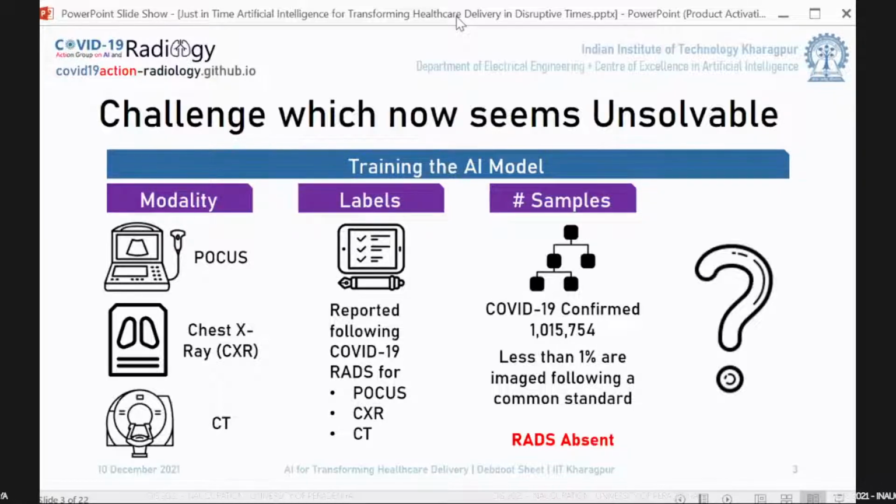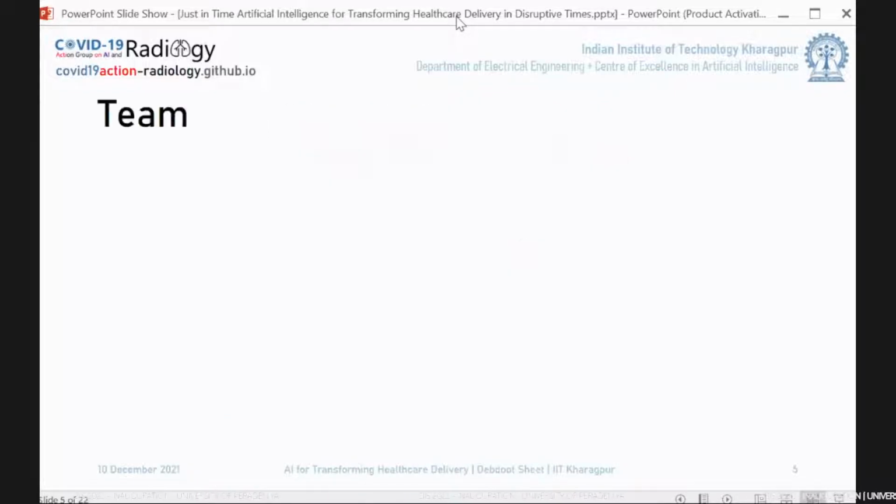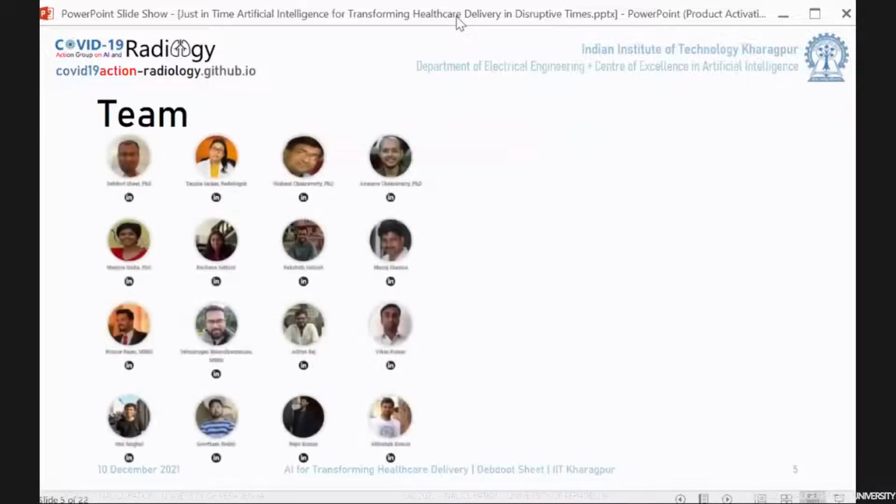And that's a big challenge, which was proceeding forward from there. So that's where we started this particular initiative called the COVID-19 Action Group on AI and Radiology. Now, what this action group had in mind was we were a group of physicians, radiologists, researchers, a lot of